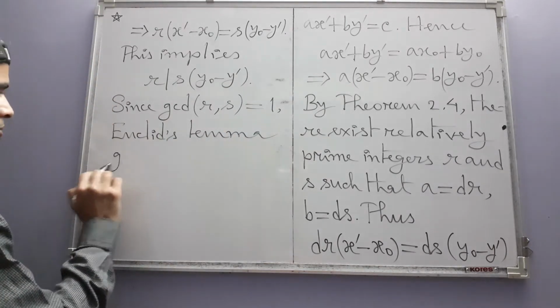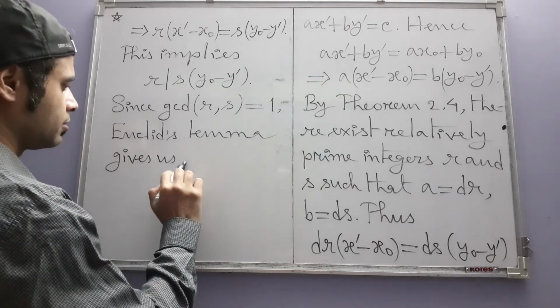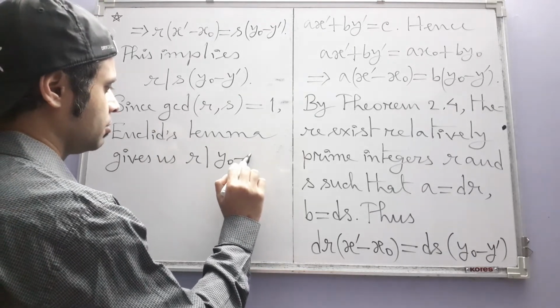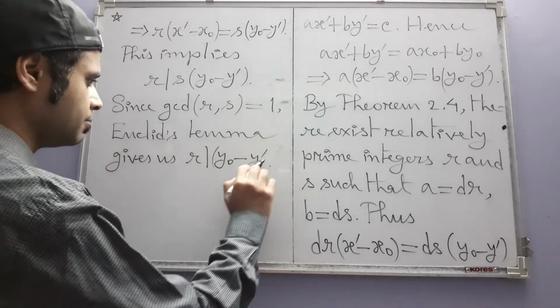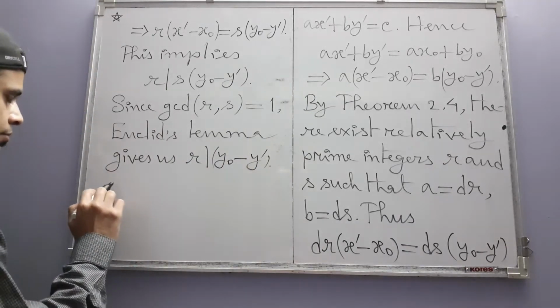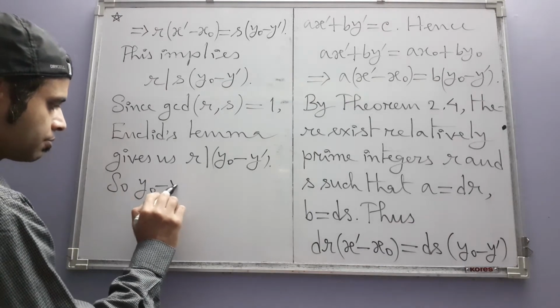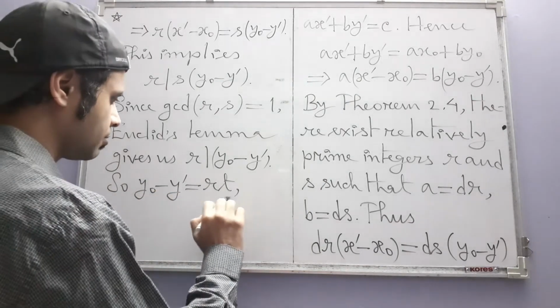Euclid's lemma then gives us the fact that r would then have to divide y naught minus y prime. So y naught minus y prime is an integer multiple of r,